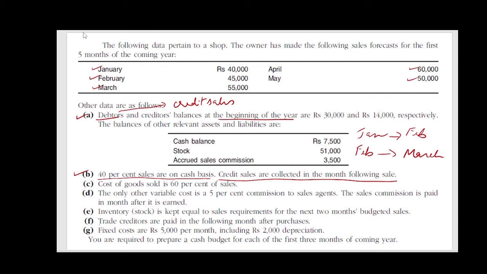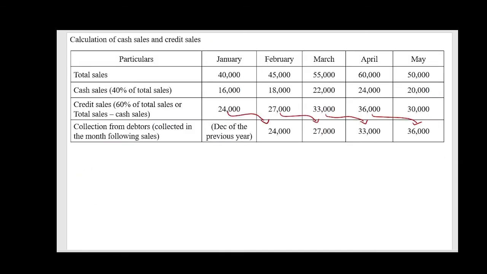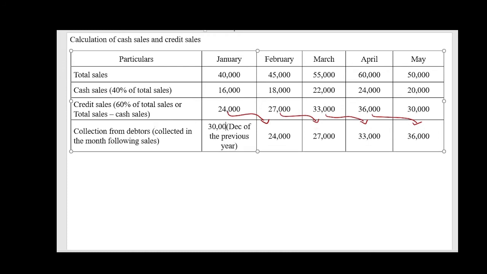January beginning, opening balance of debtors of this January is nothing but the closing balance of December. So, whatever at the end of December debtors we had, that becomes the opening balance of the month of January. Okay, so opening balance of the year rupees 30,000 that has to be received in this year. So, we'll go ahead and mention that over here. This will be rupees 30,000.